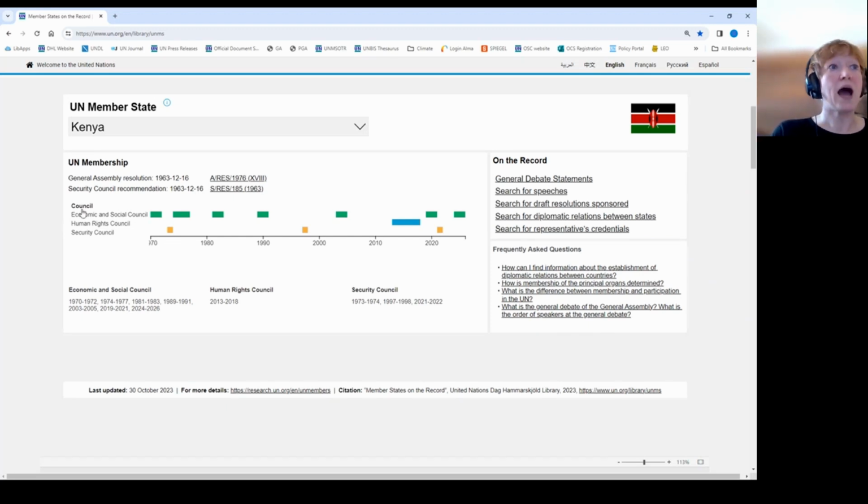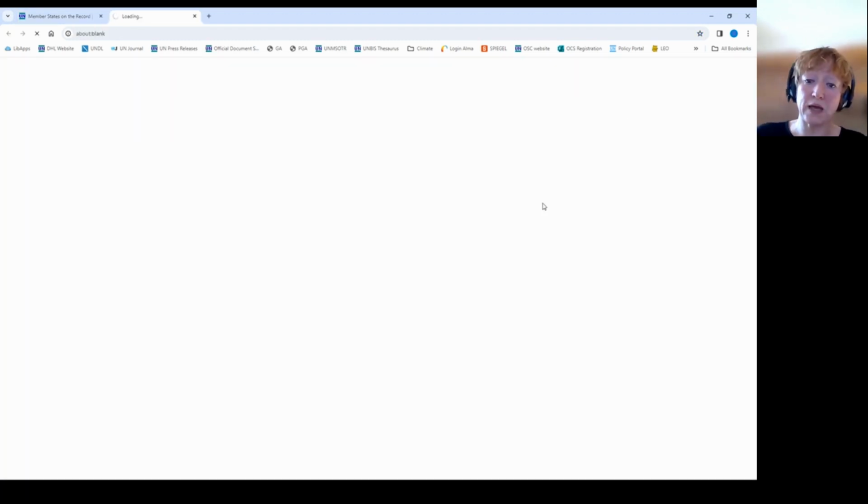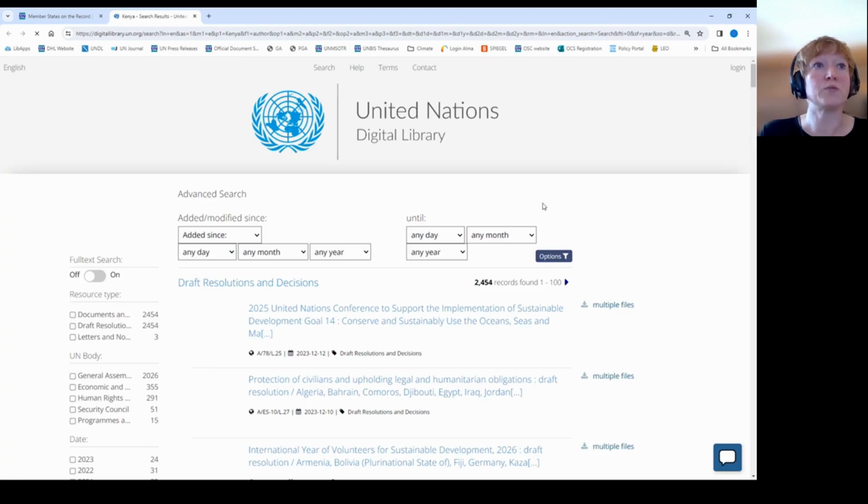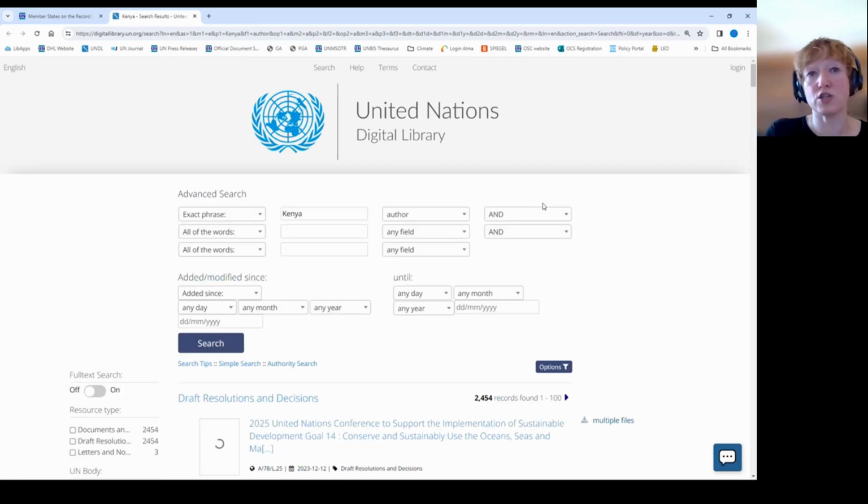resolutions in this case. I get information of when the country was a member of the Economic and Social Council, of the Security Council, of the Human Rights Council. And here on the record, you can find very useful links. So for example, if you're looking for draft resolutions sponsored by Kenya, you can click on this link, and this will give you a predefined search, and this is just the search we have been doing